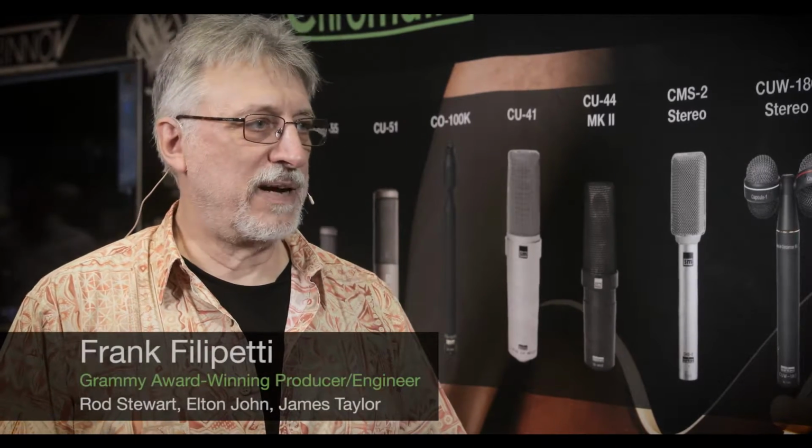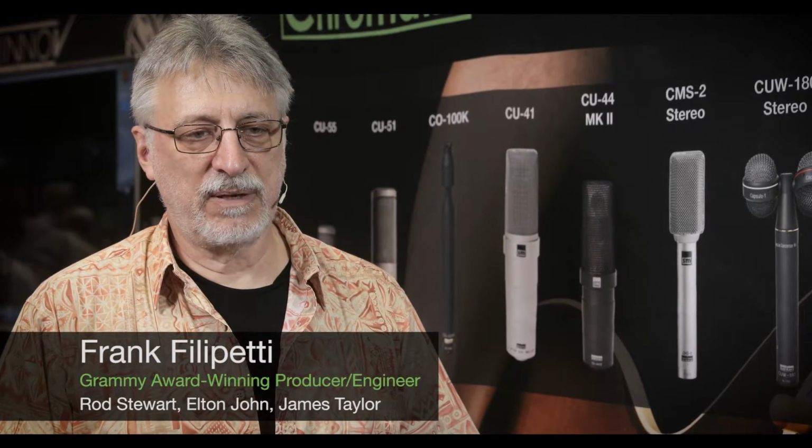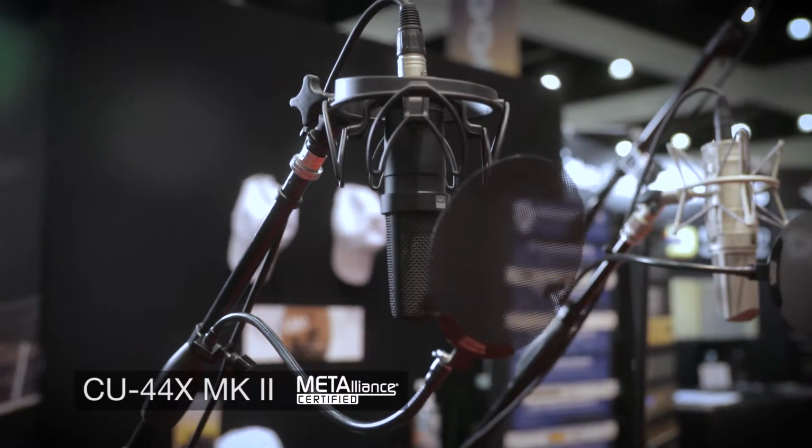I had always known about Sanken microphones, but I started with the CU-44X. When I first heard it, I fell in love with it. I consequently purchased 4 of them for my use, and then those worked out so well, I purchased an additional 2, and those are kind of my go-to mics on Broadway shows, because as much as I'd love to use